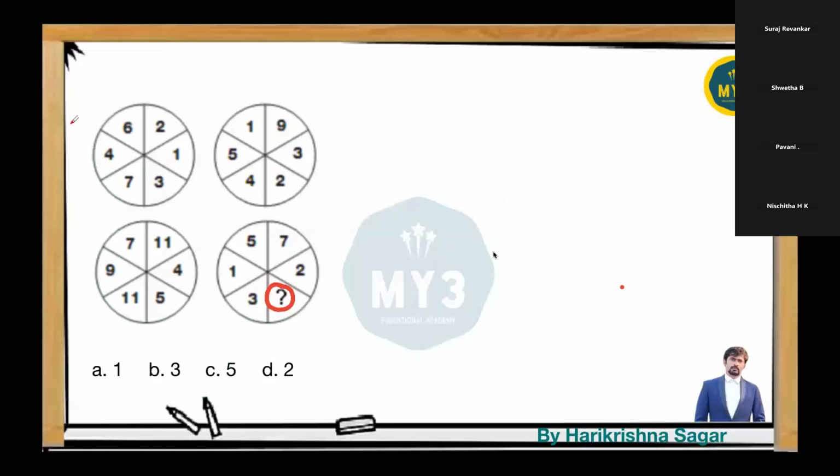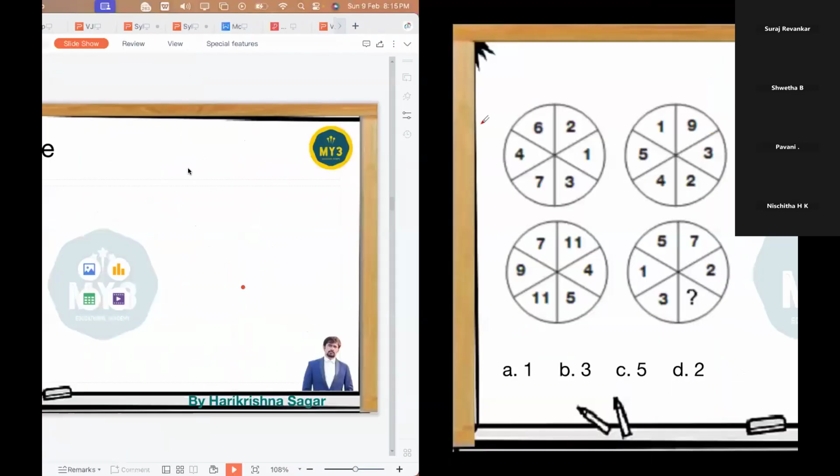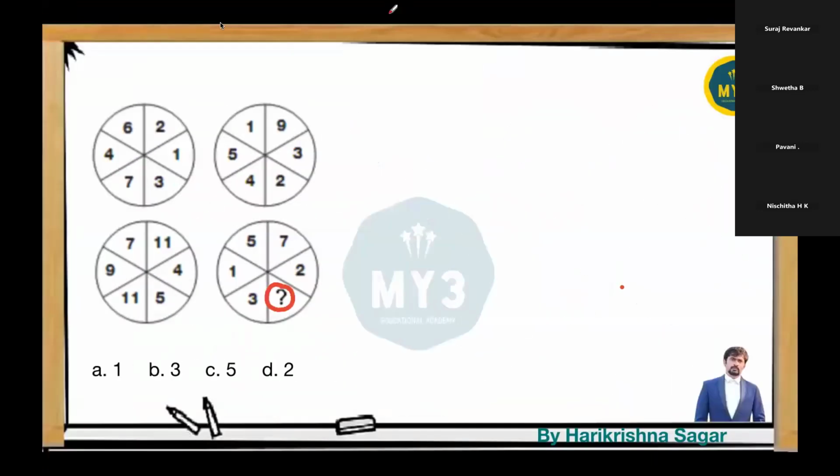There are 4 circles given, grids. You have to observe the grids to answer the question. What is the answer, guys?